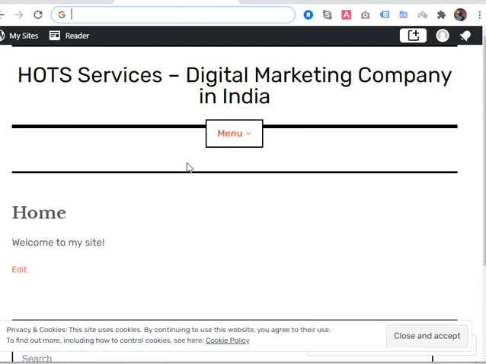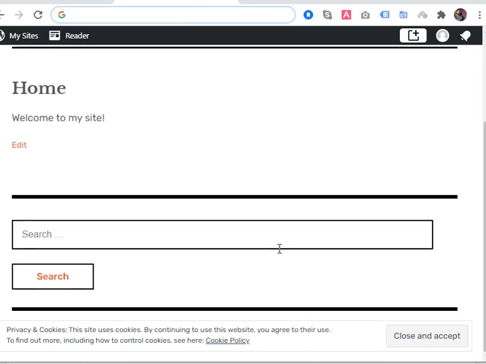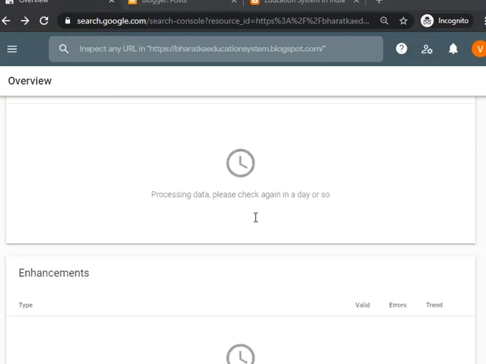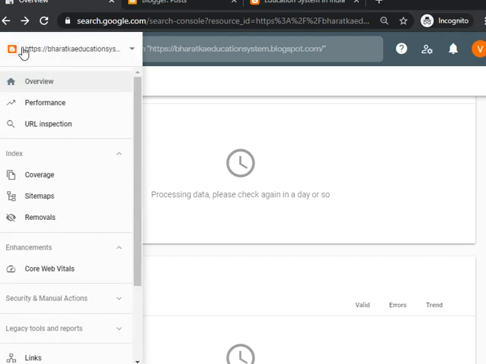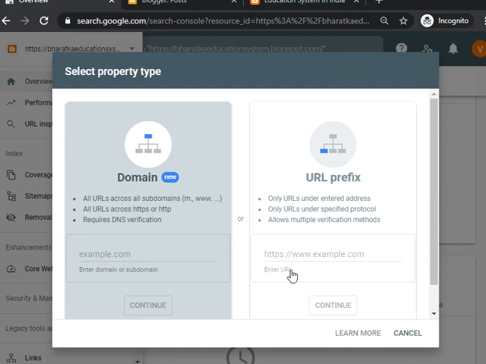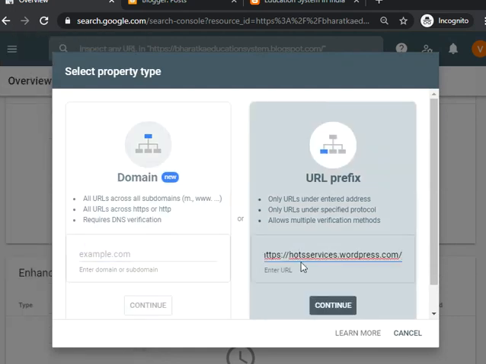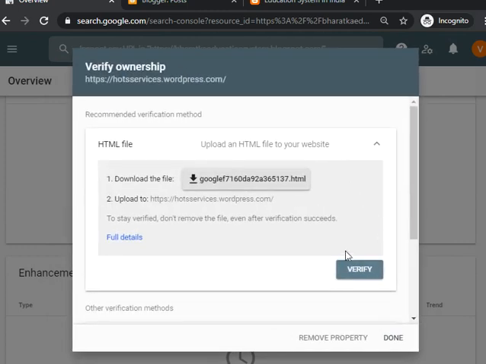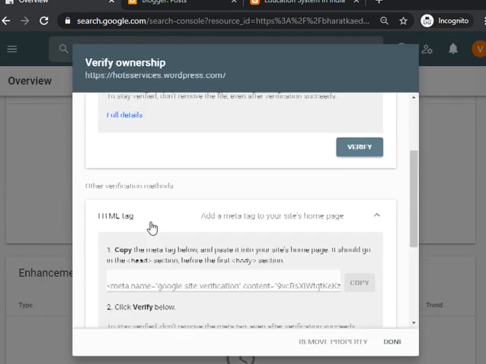Now I am moving to the webmaster console so that I can submit it there, take the code and then implement it here. So let's move. Now I am here, and I have already added one website, so the dashboard I saw previously has disappeared. I go to the main menu, click on this drop down and add property. When I click on this, I paste the website URL here, and it checks the property. You know that the HTML tag will be implemented.